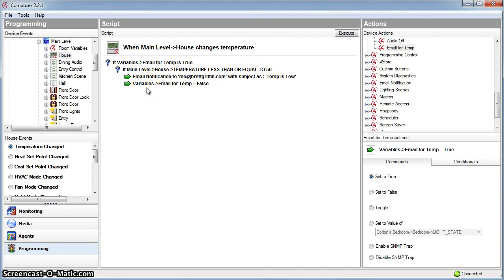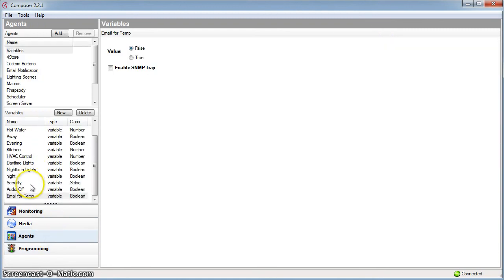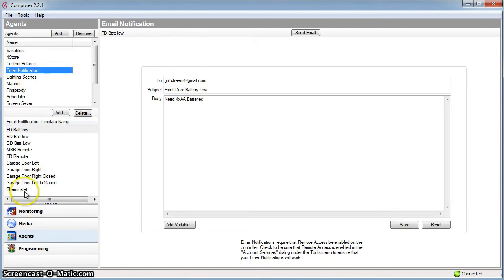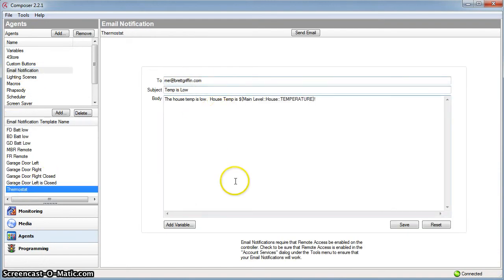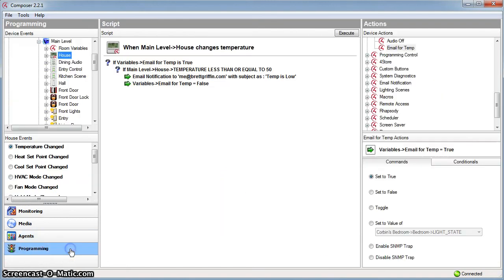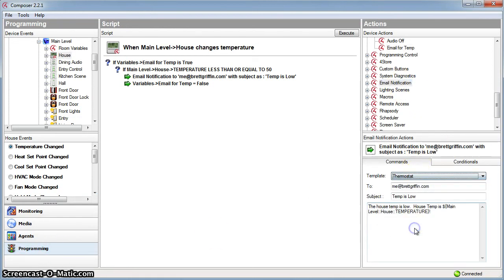You might ask, how could I add a second email to go to my wife or my contractor? A couple ways. You could go back and do this all again and create a new email notification under Agents for the thermostats, and basically copy all this. However, there's actually an easier way. When you're in programming, we can come over to that email notification, find the thermostat, and we can actually just change it to